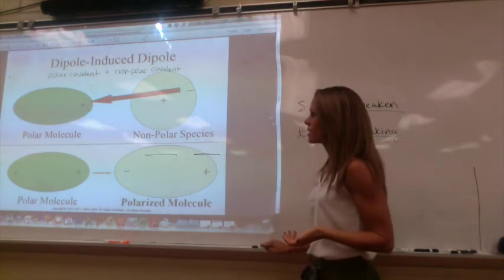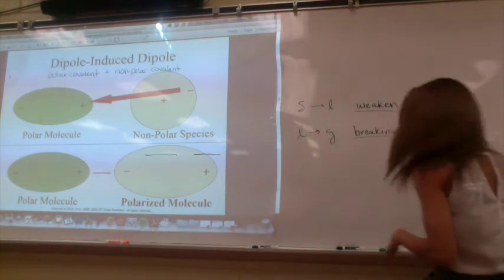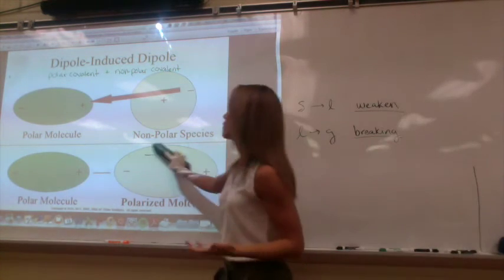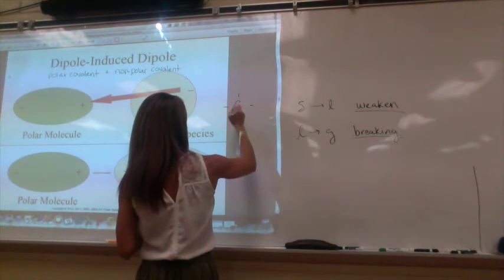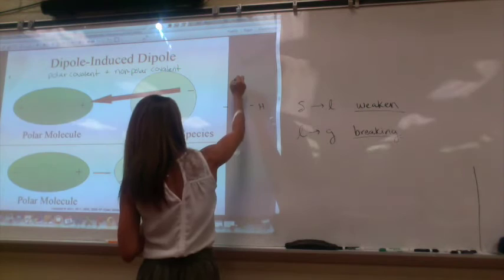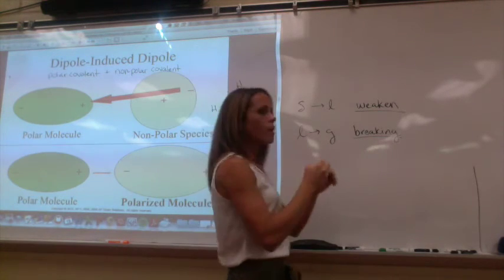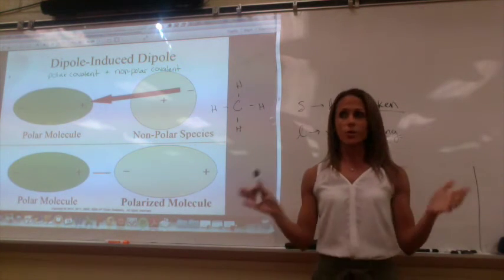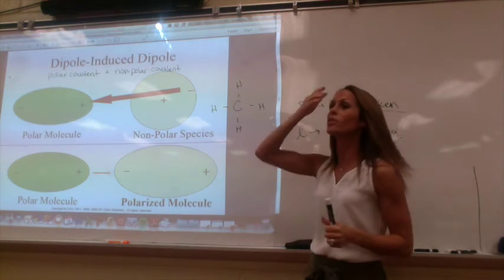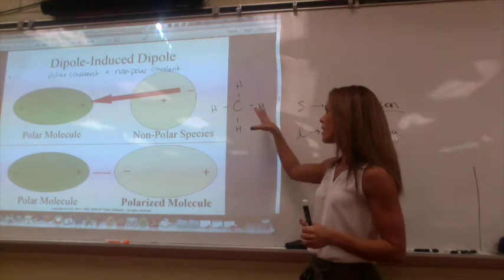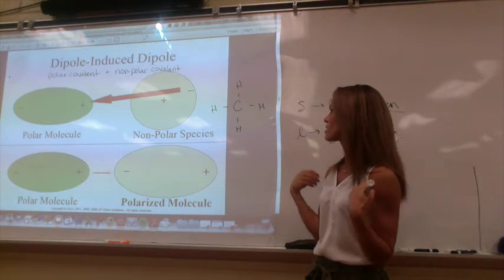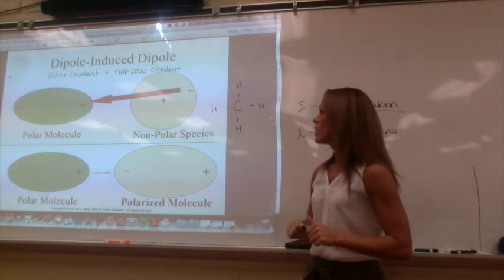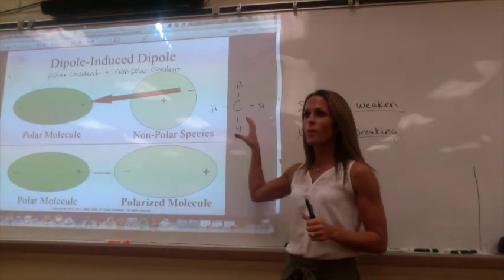So what happens in a nonpolar molecule is that you don't have, right, a pole of electrons. So, for example, when we had CH4. We know that there's polar bonds, but the overall molecule is nonpolar, right? Because it's symmetrical, the bond angles are all 109, it's all pulling in the same direction, pushing in the same direction, the electrons on both sides are canceling. So there is no dipole moment.